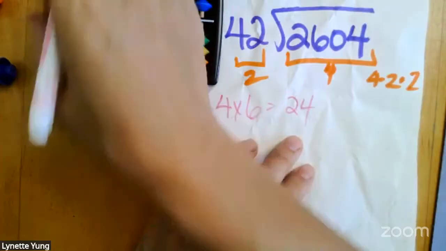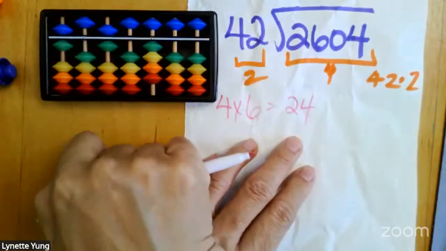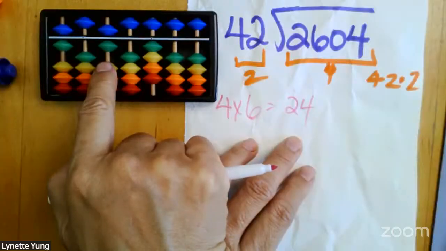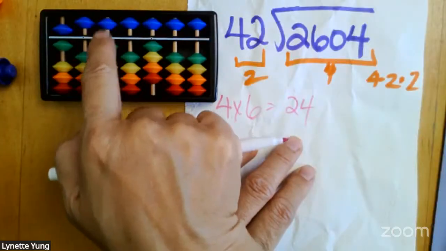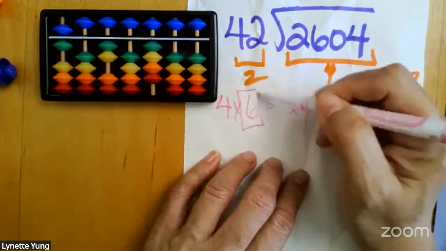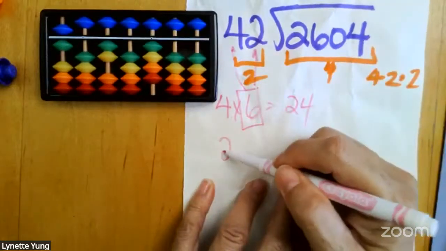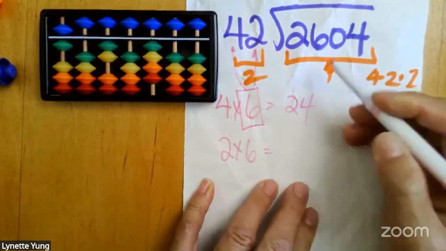So I add my 6 right here. Then you subtract the 2, and you subtract the 4 minus the 5 plus 1. Good. And then because we did the 4, we have to do it again to the 2. 2 times 6 is equal to